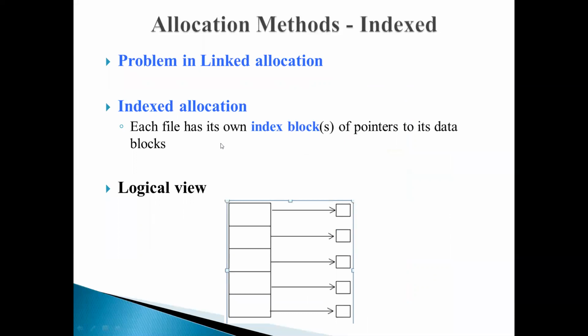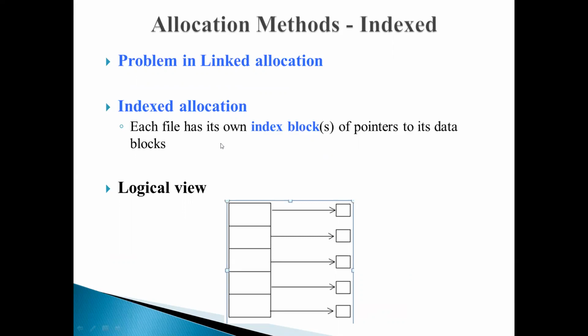So the next type of allocation method is called indexed allocation. We just now saw linked allocation. In linked allocation, each block contains a pointer to the next block of the file, and by that we avoided fragmentation. We are also able to avoid the size declaration problem. In contiguous allocation, we need to previously know the size of the file. Then only we can allocate space for the file. But then we don't have to declare the size in linked allocation. So those problems are avoided.